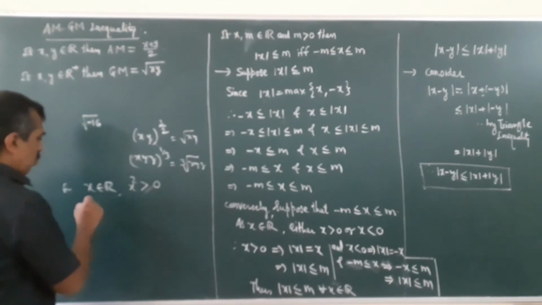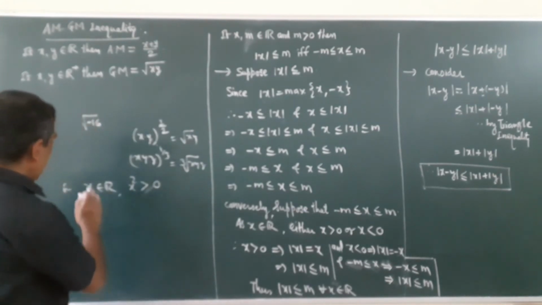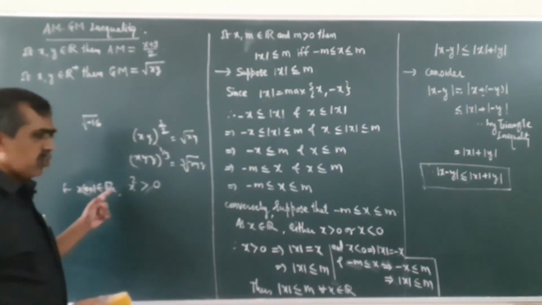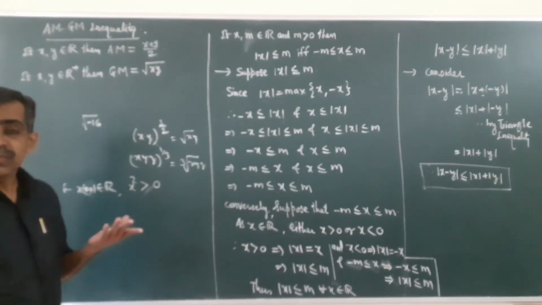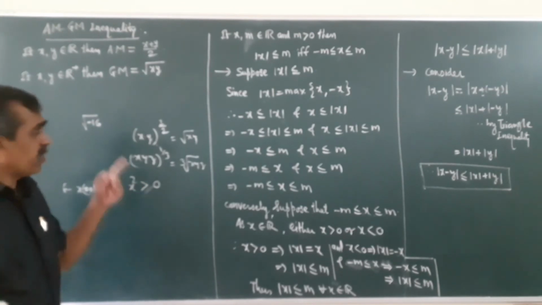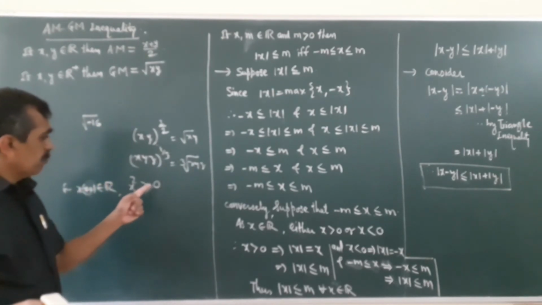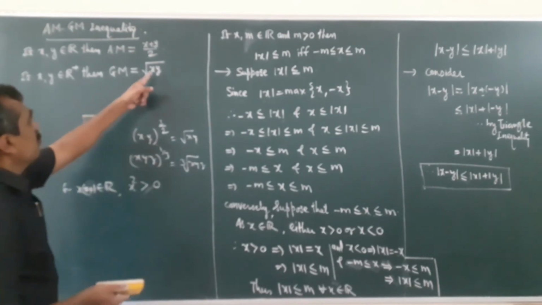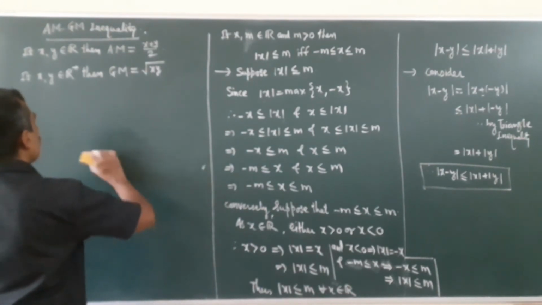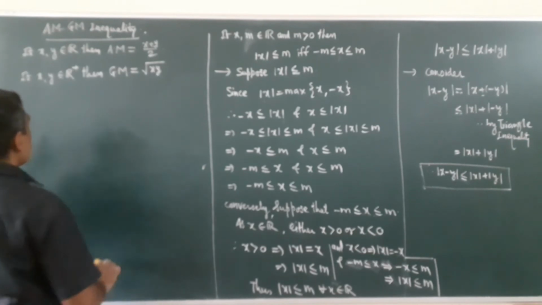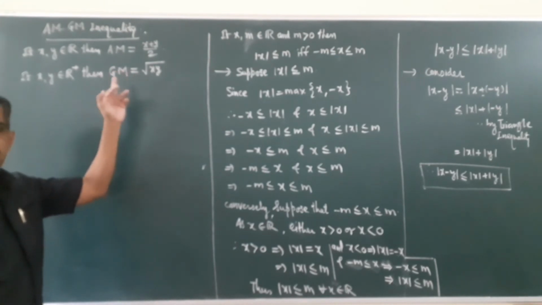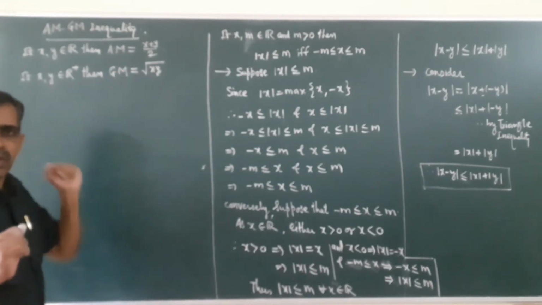For any non-zero real number, the square is always positive. Here you want to find a square root, which means you have to find a number whose square is this. There is no real number whose square is negative, so the product of the two numbers should be positive. This is the definition. You cannot ask why it is like this, because the definition is meaningful only when both are positive.